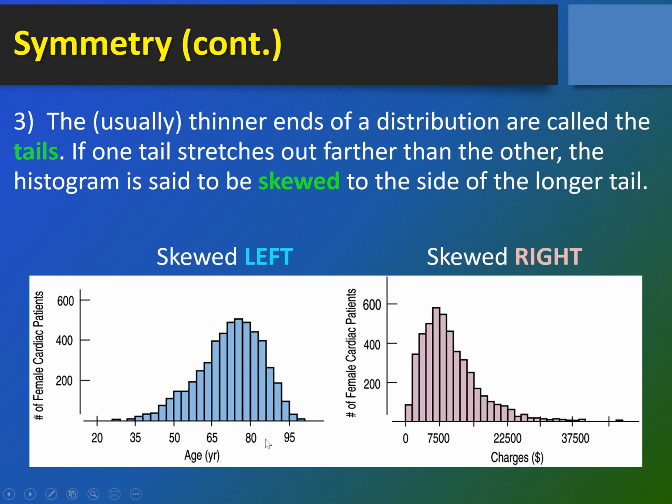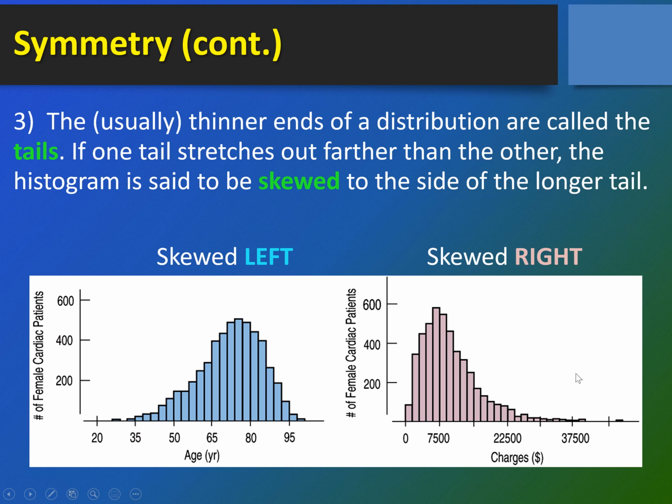So if you look here, it's not about where the majority of your data is, it's about these guys. Someone has grabbed a hold of this and pulled my table or pulled my data towards the lower values. Lower values, skewed left, always, no matter whether my graph is going up and down, left and right, doesn't matter. If the tail is pulling towards the lower values, we say skewed left. If my tail has been grabbed and it's pulling my data this way, towards the higher values, we call that